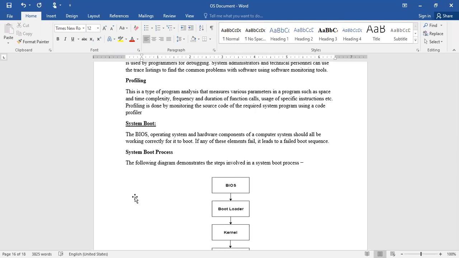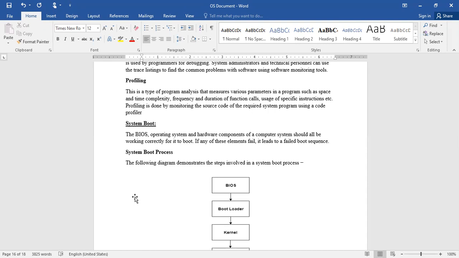Whenever you switch on the system, in order to execute the operating system properly, the hardware components, or the computer system, should all be working correctly for it to boot.